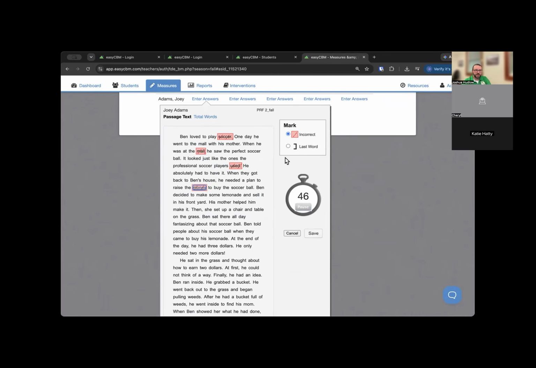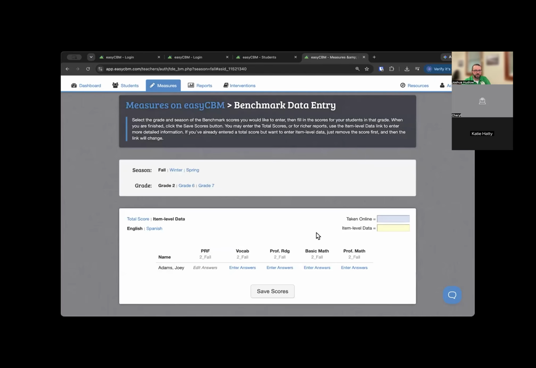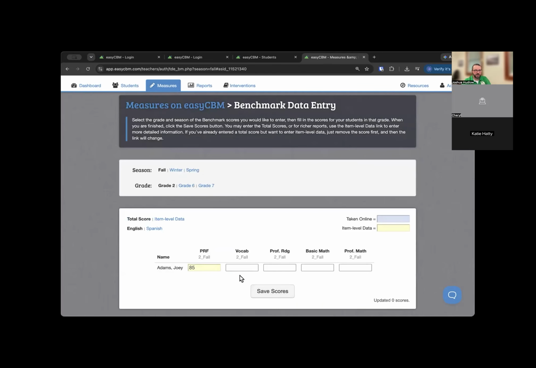And then once they're done and the timer runs out, you'll just mark where their last word was, and then click save. Now we go to save scores. You can see now that that was entered in, and it's labeled yellow to let you know that that's item